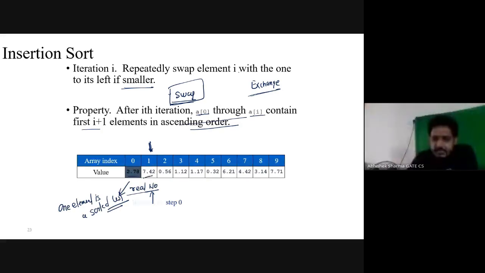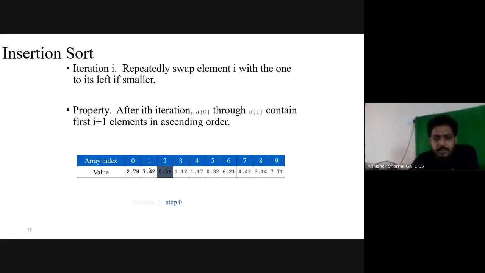Now this 7.42 will be compared with 2.78. We compare 2.78 and 7.42, and I find that this is the greater number, so we will not exchange it. Now these two numbers are compared, and we find out that 7.42 is the greater value, so we will not do anything.